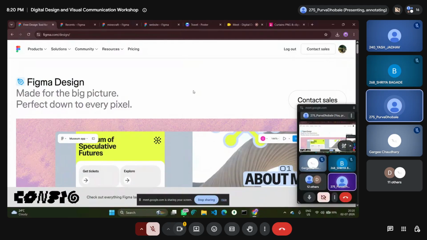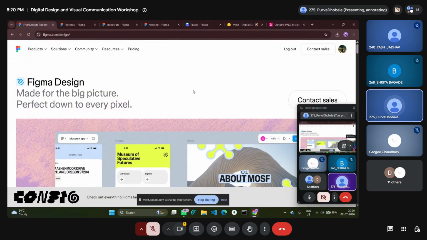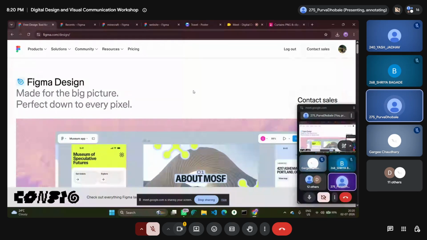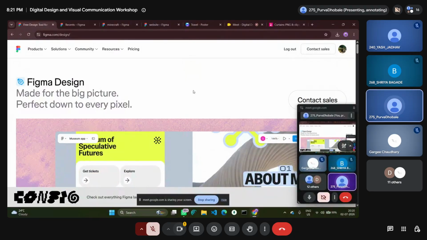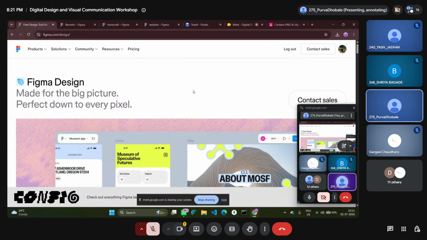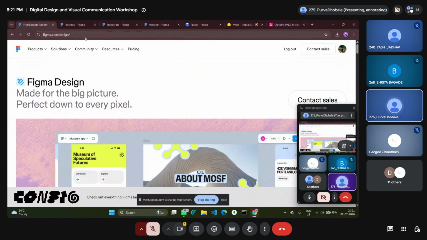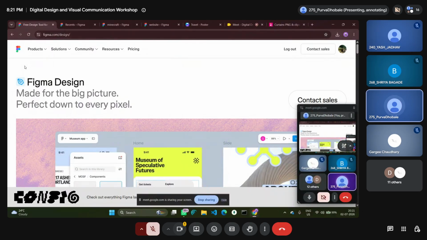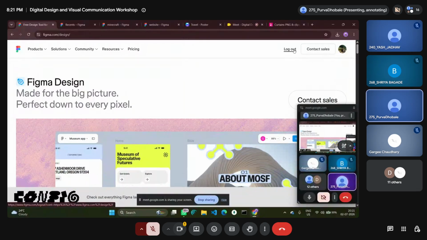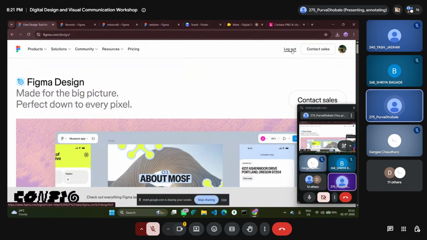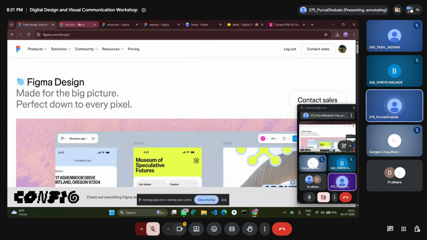In Canva, suppose we design posters, presentations, and designs, but we can't bring our designs to life. For that, Figma is used. Figma is basically a UI UX design tool through which we can create mobile apps, websites, etc. So, if we want to log into Figma, first this page is there, as I have logged into Figma already. So, a login icon or a login text will be there, and you have to just put your email and password, and you will log into your Figma account.